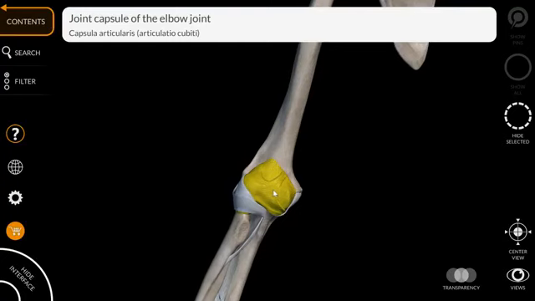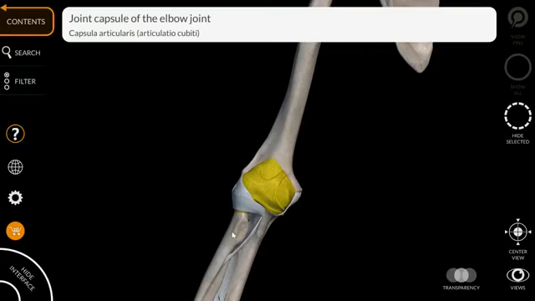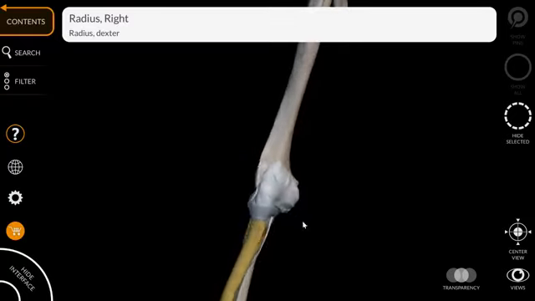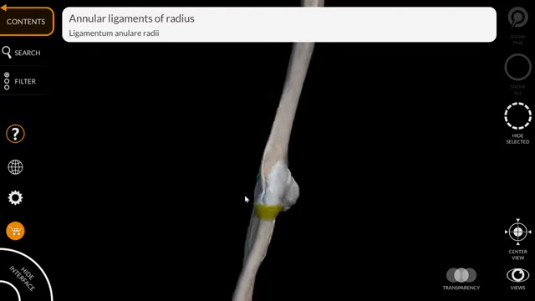position. Now I'm going to turn it, and you know that this bone is radius, which is present towards the lateral aspect of the forearm. The ligament present here is the lateral collateral ligament, and you can see certain bands of this ligament. This is the anterior part of the radial collateral ligament. This is the posterior aspect of the radial collateral ligament, and this is the annular ligament of radius.